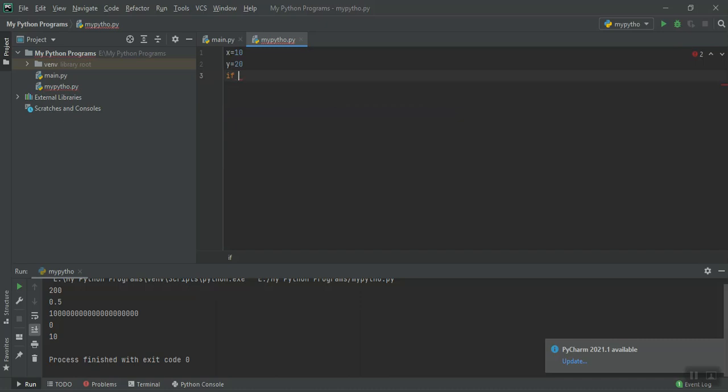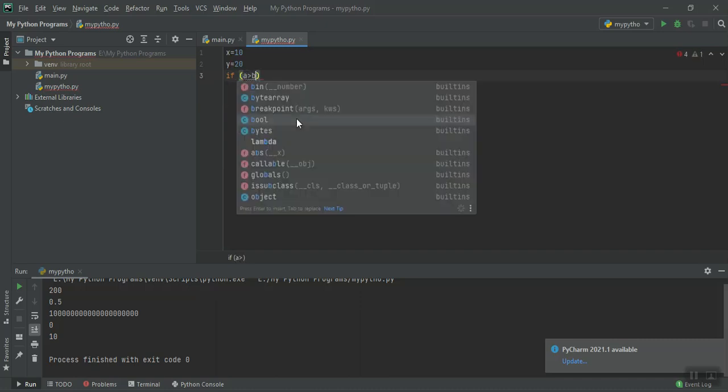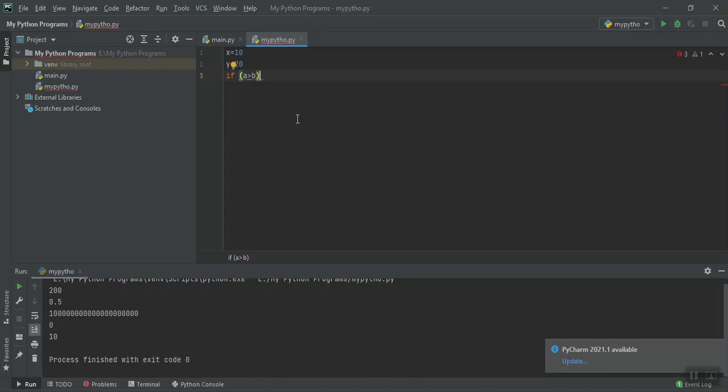I'll be checking A is greater than B. Here the syntax is that you have to go with a colon. If A greater than B colon. Are you clear what I am saying here? Then I'll write what the result will be.